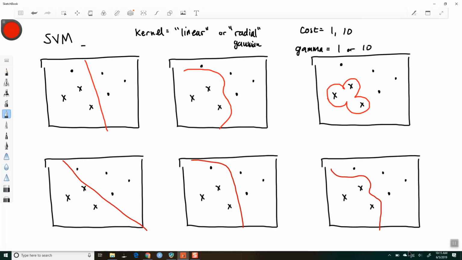Just different possible boundaries that might result for different settings of the cost or the gamma. And it'll be kind of like a multiple choice: match which settings I used and which